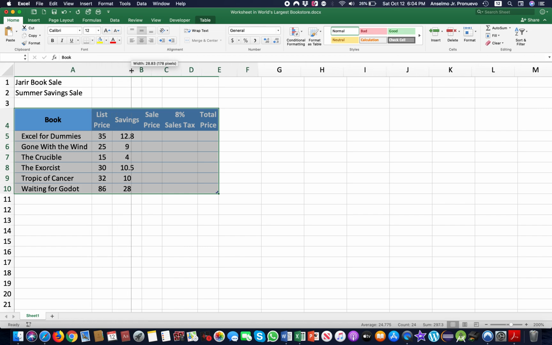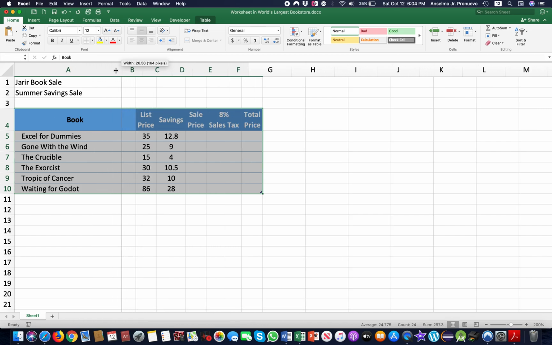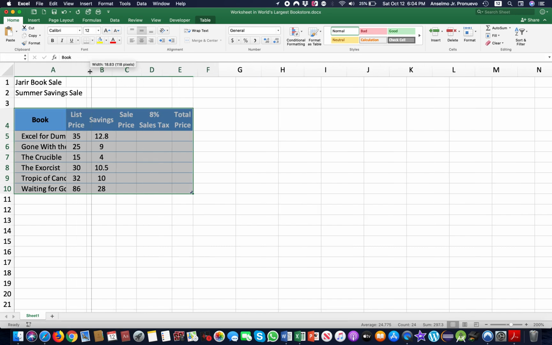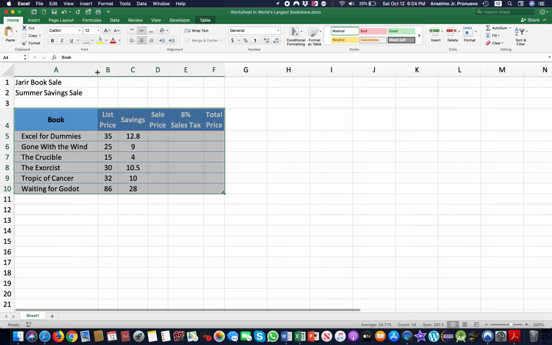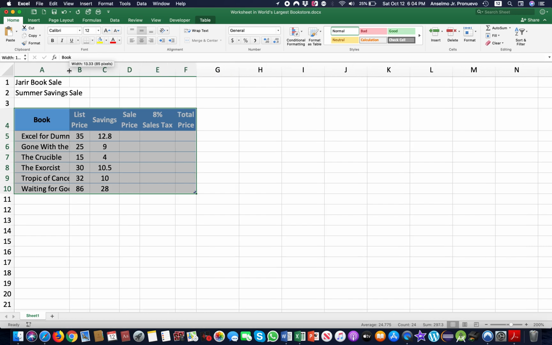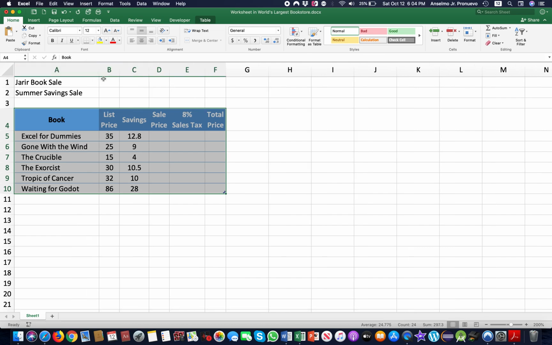If you want to make the column narrower, click and drag to the left. If you want to make the column wider, click and drag to the right. Okay,